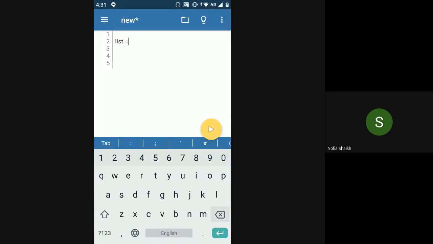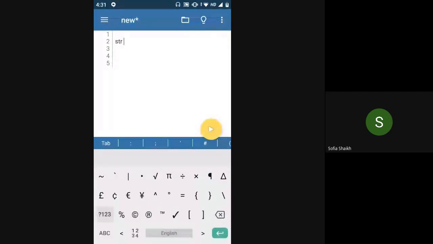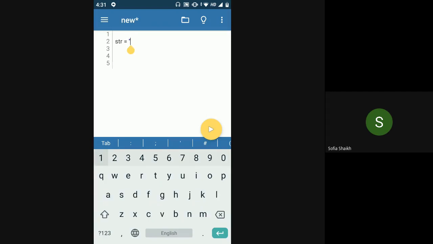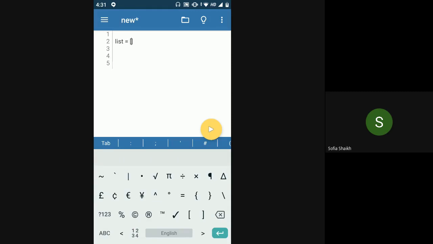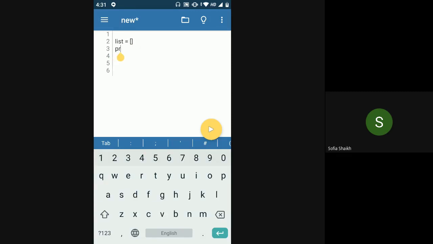a list, similar to a string. When I'm creating a string, it is fine if I create an empty string, right? This is valid. This is a string with length 0. So similarly, if I have a list, I can create a list with length 0. That would be fine. This is totally fine by the Python compiler. It won't give me any error for this.